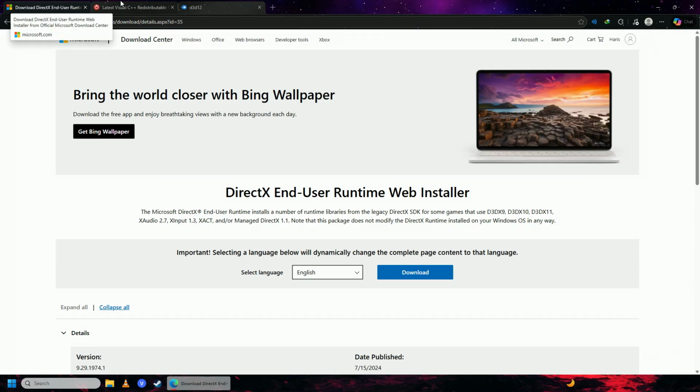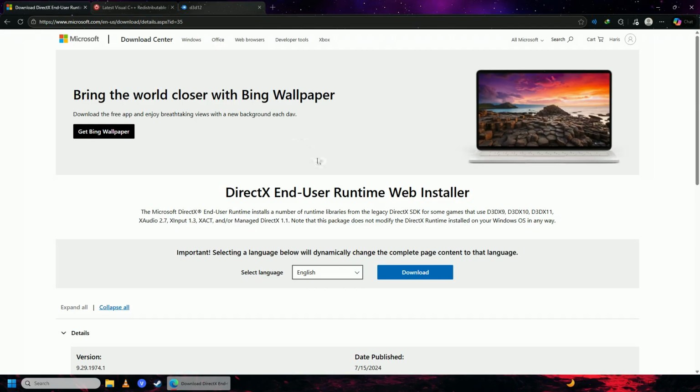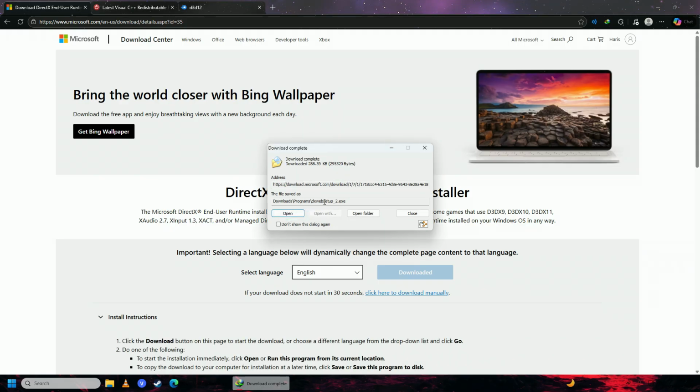So first off, you're going to go on to these three links. I'm going to put all three of these links into the description of the video. First, you're going to download this DirectX file from the Microsoft website, and once you're done downloading it, install it,